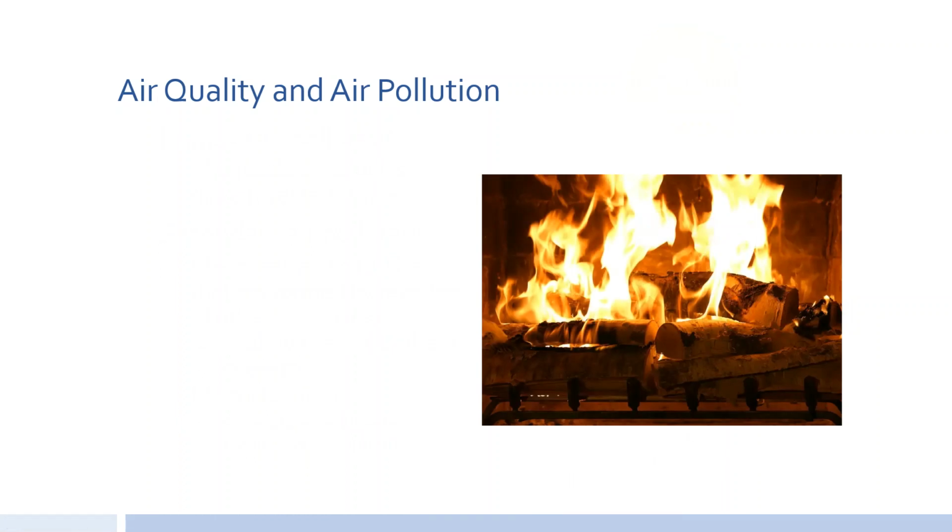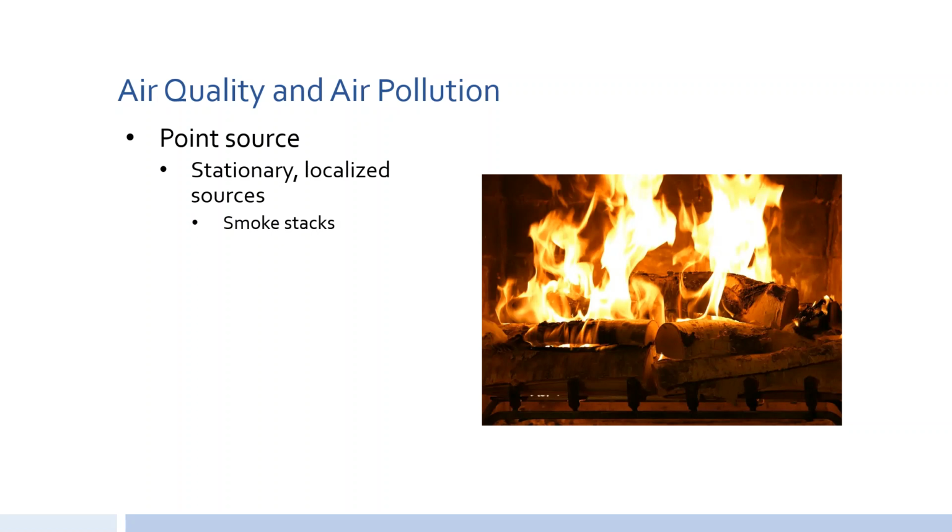We can also think about it in two other ways in terms of point source and non-point source pollution. So a point source pollution, and this is true for water as well, is a stationary, localized source of pollution. So basically, when you want to think about a point source versus a non-point source, you can say, I can point to that source of pollution. So think about it in terms of a smokestack, right? I see the smokestack, the smoke is coming out of the smokestack, I can point to it. That is a point source